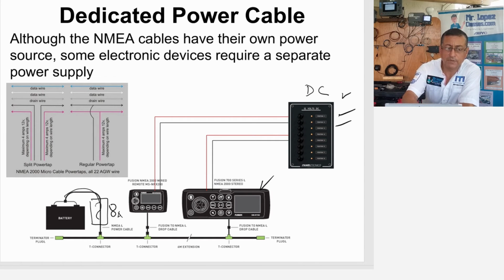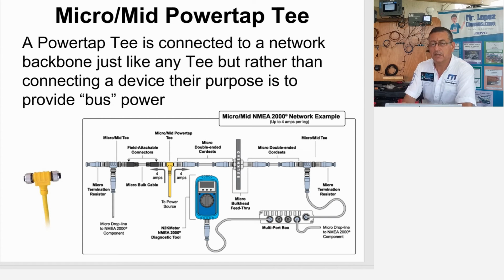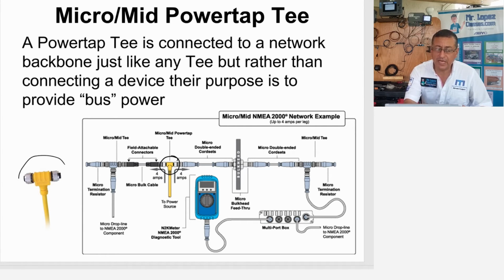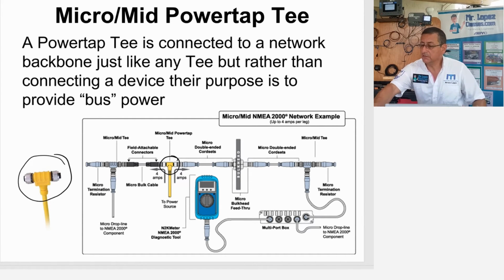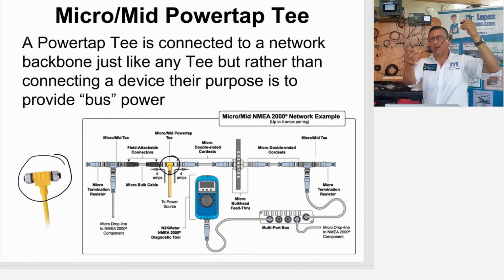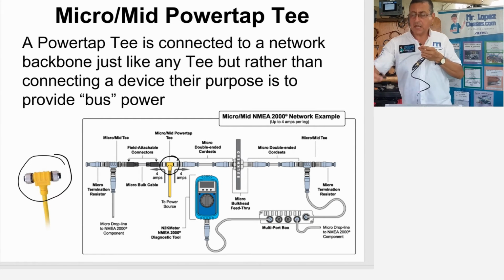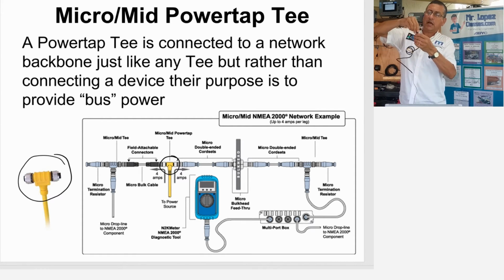Okay, good. Now we are going to check. Look at this. A power tap T is connected to the network backbone, used like a T, but rather than connecting a device, the purpose is to provide power. Look, this one is a yellow color and the function is to provide power. But you can use other ones, regular like this. Look, this one is a regular cable for power, black and red, and I connect it into the T